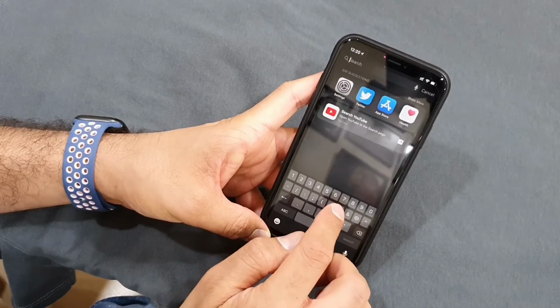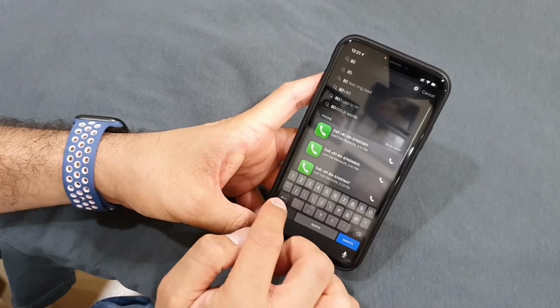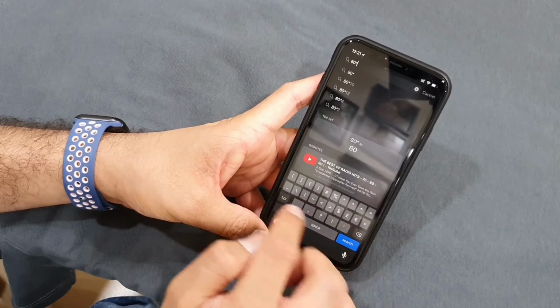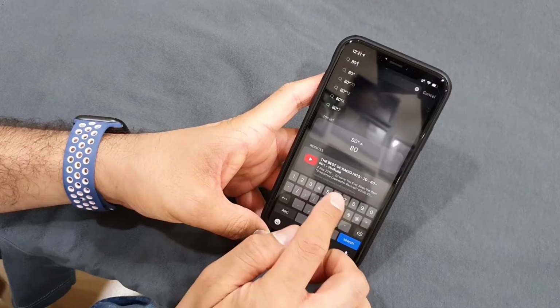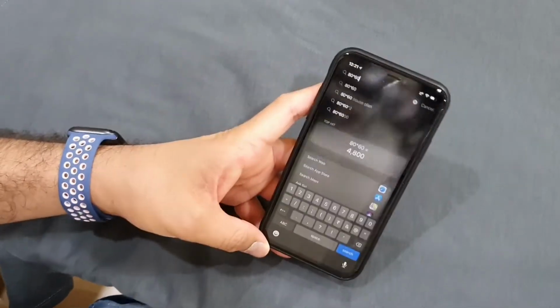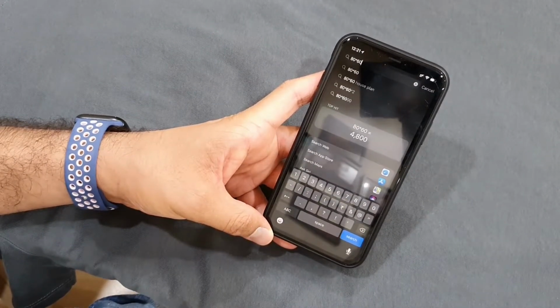For example, I want 80 multiplied by 60. It will directly give me the answer over here, 4800. You don't need to go to the calculator app actually for doing some basic task. I mean, if you want to do some hardcore calculations, you of course need the calculator app. But if you want to do some basic tasks, for example addition, subtraction and anything, you can easily do it from here also. Obviously calculator is more ease of use, but you can do it from here also.